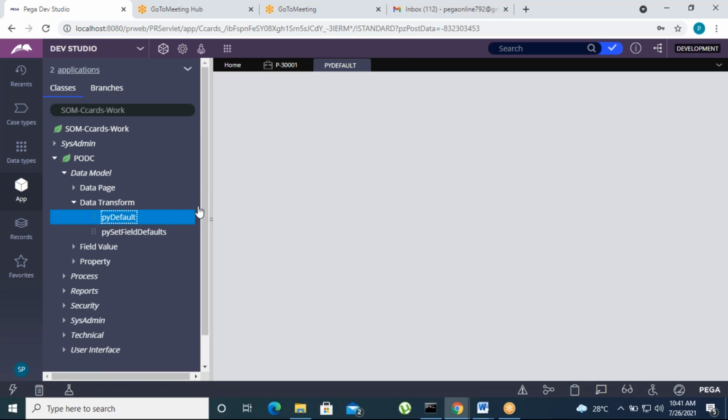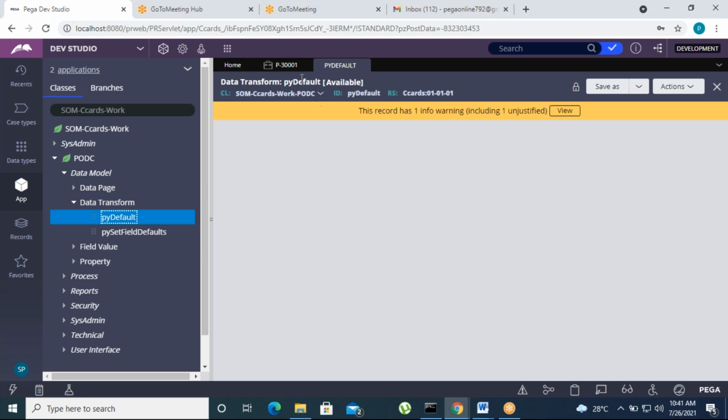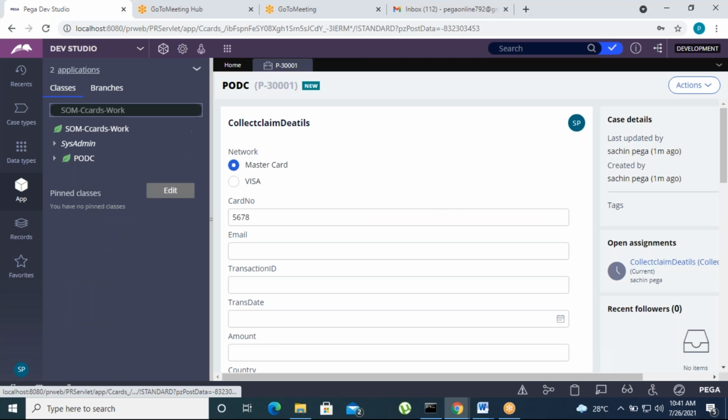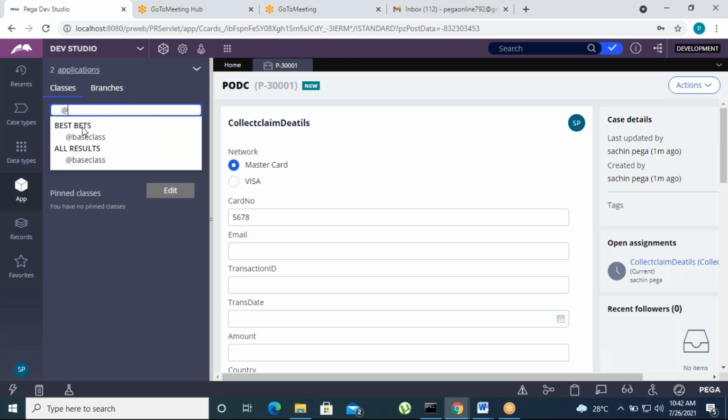The purpose of this data transform is that whenever the application runs, it sets the default values for the fields. So that is the pyDefault data transform. The pyDefault data transform is created under the Work-, Data-Base class and the Covered class also. We open the Data-Base class here.